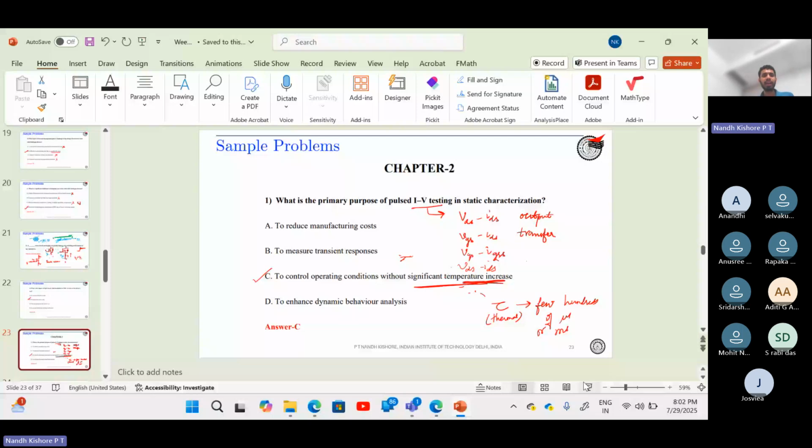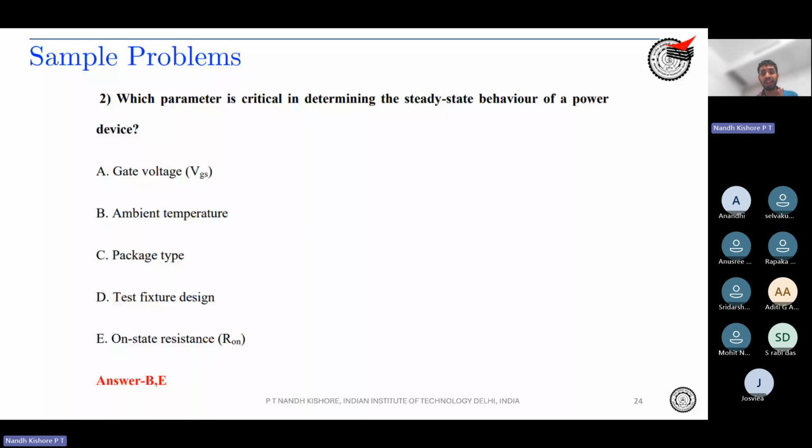Okay. So which parameter is critical in determining the steady state behavior of a power device? Gate source voltage, ambient temperature, packaging type, test fixture design, and on-state resistance. Okay. So you understand that